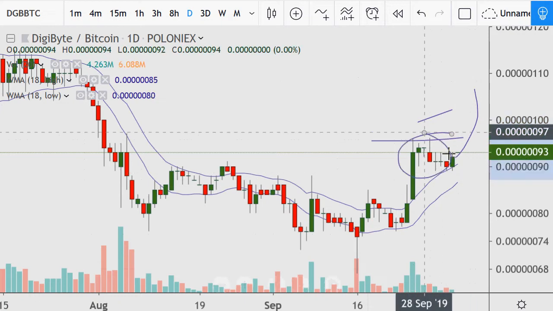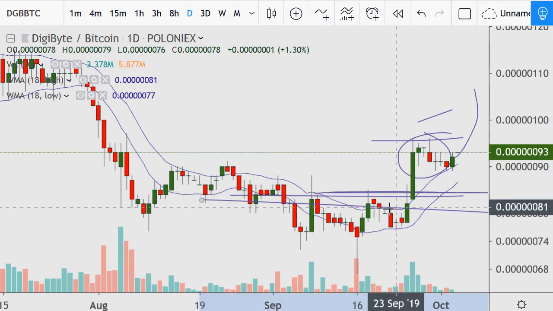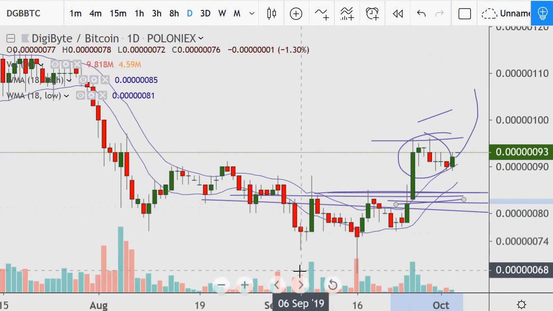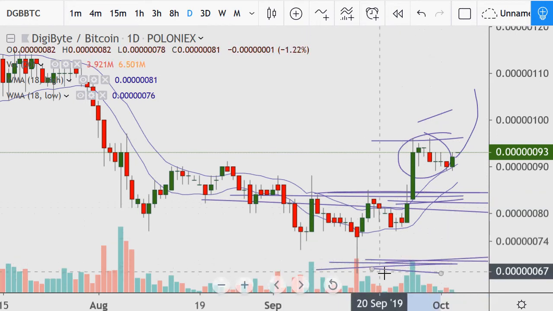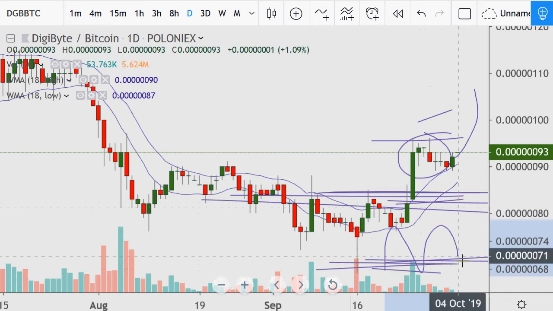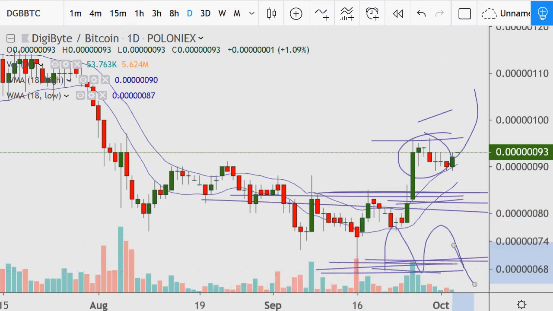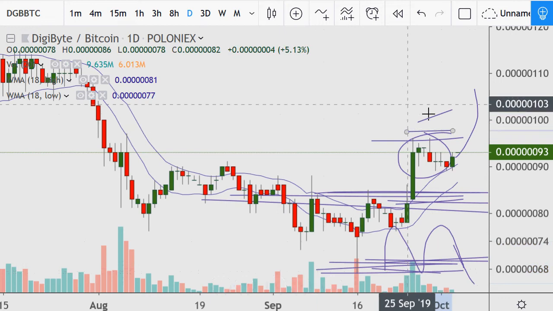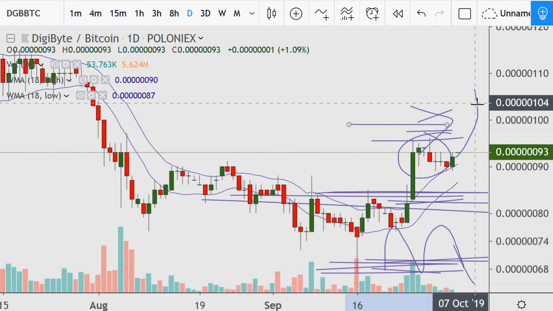But if this play fails, and I need to see around this area here not hold, well, again, same thing. Probably at least come down to this low. More likely, if it were to come here, I wouldn't be surprised if it shot back and forth like this a bit, but same thing. There's a good chance it could make a new low below that. But again, breaking above this resistance and markets going up, they can be very wild when they do this, as far as markets go up faster than they go down.